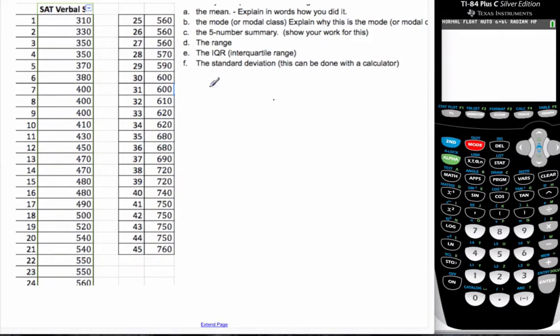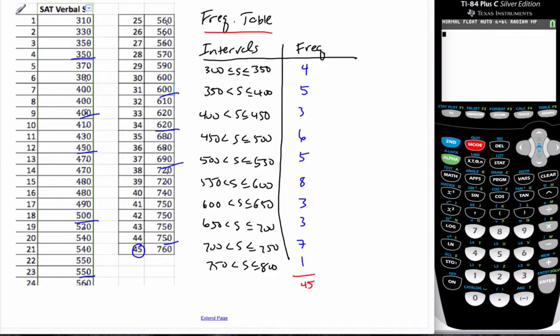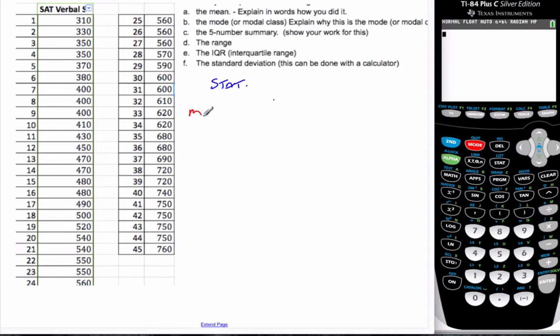Okay, now we're going to look at a bunch of summary statistics and how we can find them. I'm going to start with B here, the mode or the modal class, and that means which one happens most often. Well, the modal class is referring to the bins. And if I look at these bins, it's quite clear that this bin here is the modal class. It has the most amount. And so the modal class